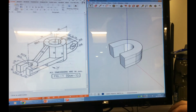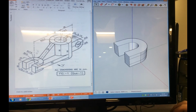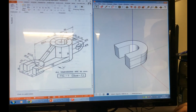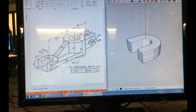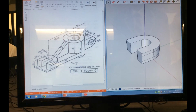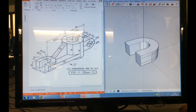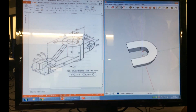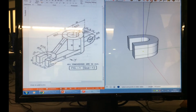The only way we can find out where this bit at the back is relative to the bit at the front is this set of dimensions here. The centre of this horseshoe, where the radiuses are, to the centre of this circle over here is 75, and we know the dimensions in millimetres down there in case you're not coming with that. So I'll click on the line tool,